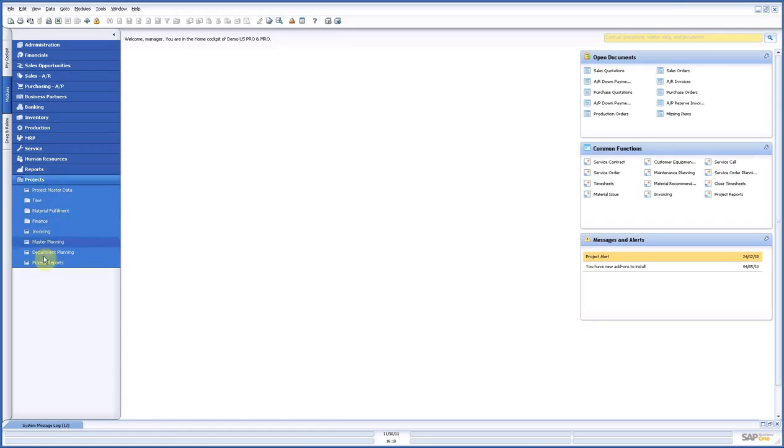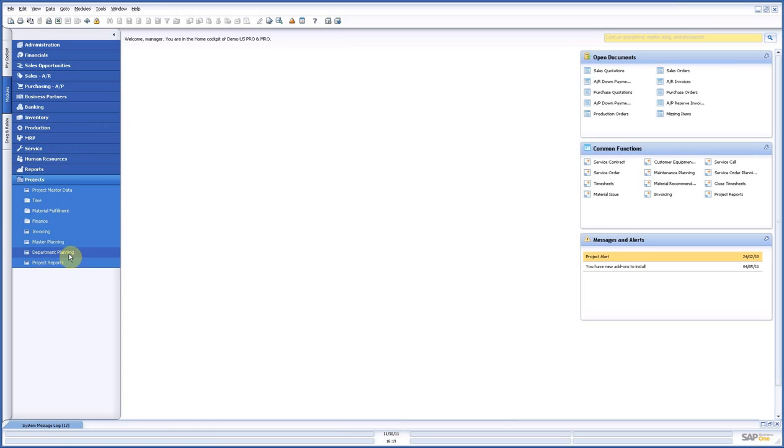we have in the master planning the project menu, where from the project master data all the information is shown in the master planning and the department planning. The difference between those two: master planning is a real project planning, so it's a Gantt planning with lead times. Department planning is not something you have to use, you can use it, and there is the link between the projects and the resources, which can be machines, people, whatever you need